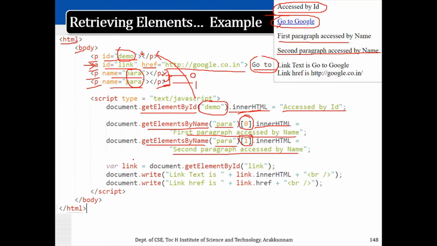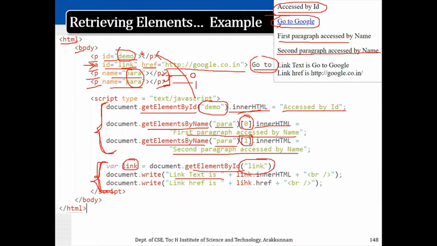Now moving on to the next property, getElementById link. So I have an anchor element over here with ID equal to link, which I am accessing as a link object. So after accessing it, this is getting of properties, whereas in these things we set the properties. Here we retrieve the properties, that is get properties, but here I am going to set the property of this link tag to something else. It already has Google as its href. So I am going to rewrite that.